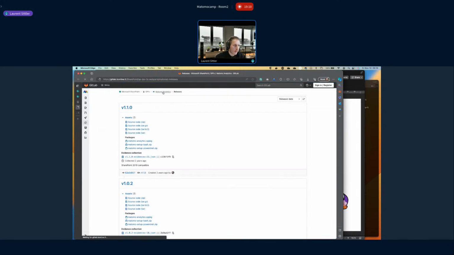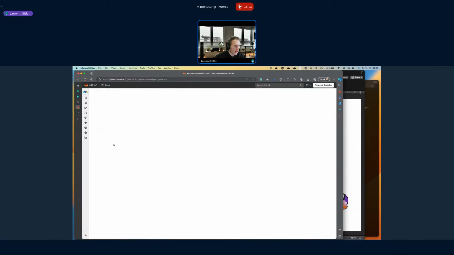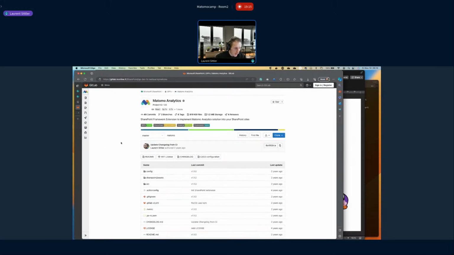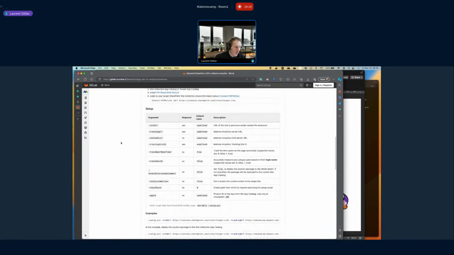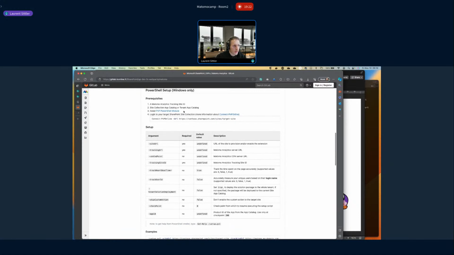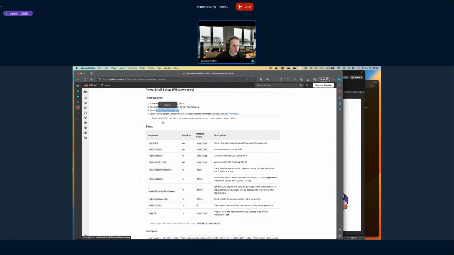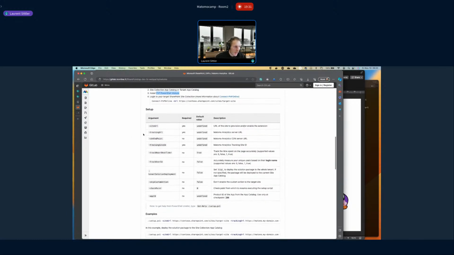What you have to keep in mind based on my script is the PnP PowerShell, because this is one of the prerequisites to deploy the solution on your environment. This is a PowerShell module that you have to install directly on your machine. And what are the parameters that you have to use? You have some required ones, like the site URL, which I just showed you, and the tracking URL.